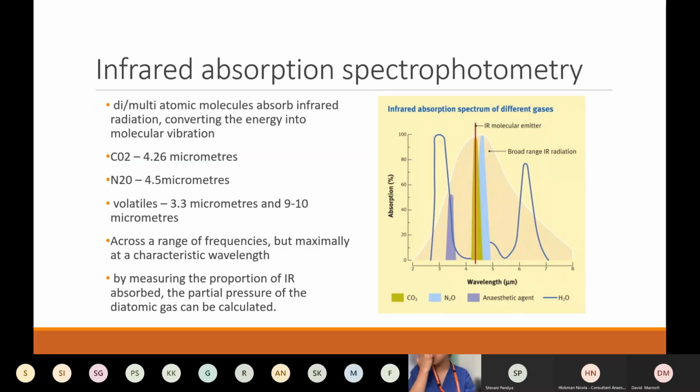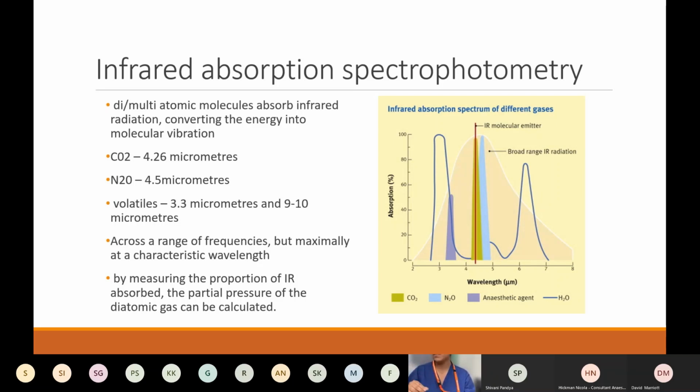On to the next way of measuring carbon dioxide, the physical methods. Infrared absorption spectrophotometry is one way of measuring carbon dioxide, and the principle is that diatomic or multi-atomic molecules such as CO2 and N2O, because of the bond that they've got between two dissimilar atoms, absorb infrared radiation and convert that energy into molecular vibration, whereas oxygen and nitrogen, because they're two similar atoms bonded, won't